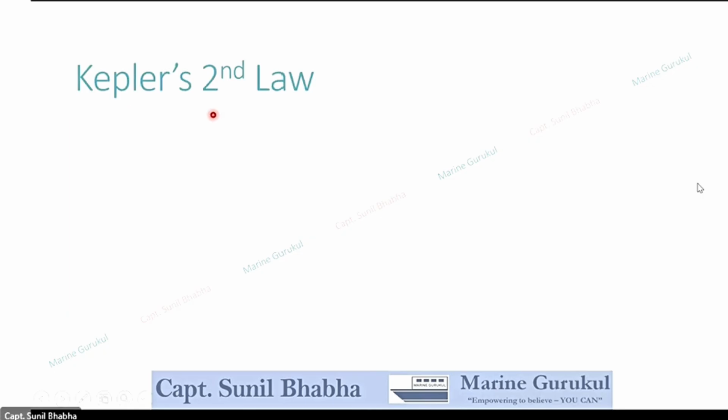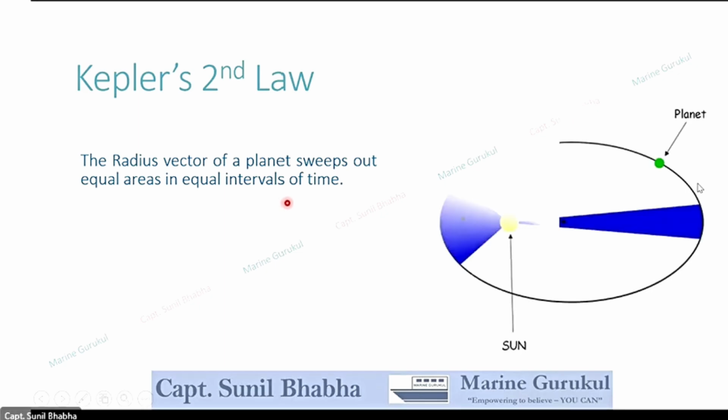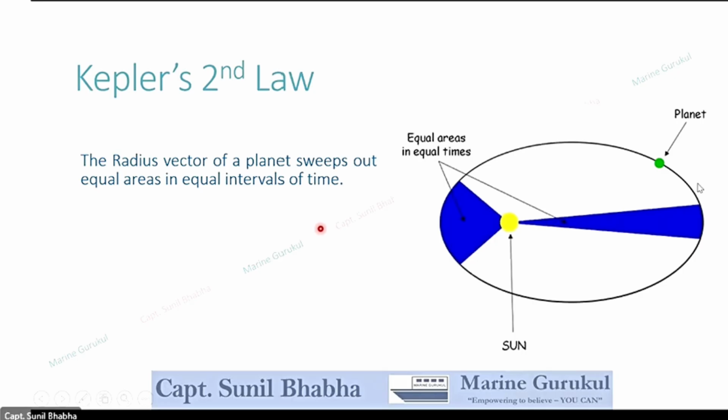Now moving on to Kepler's second law. Kepler's second law states that the radius vector of a planet sweeps out equal areas in equal intervals of time. Let us understand with the help of a diagram. We see the sun as the yellow circle in the middle of the diagram, and then we see an elliptical orbit of a particular planet,